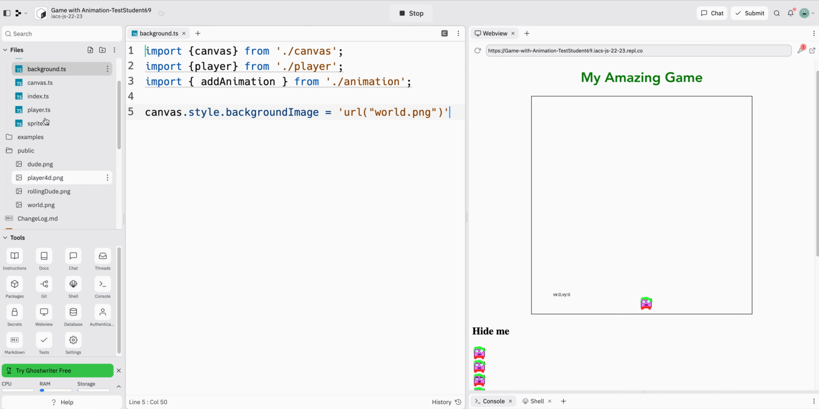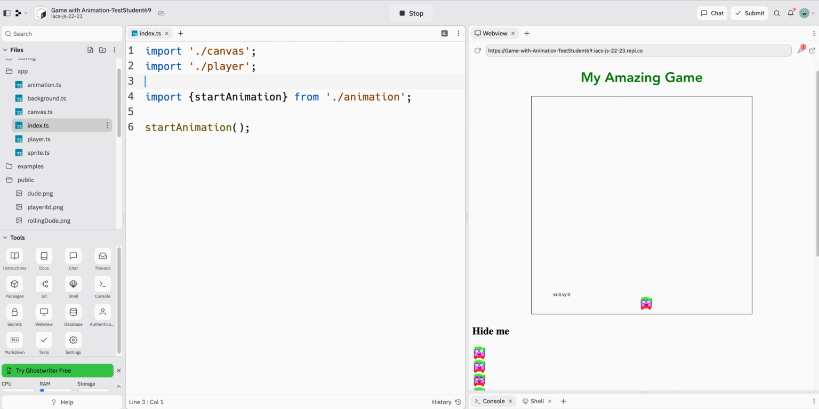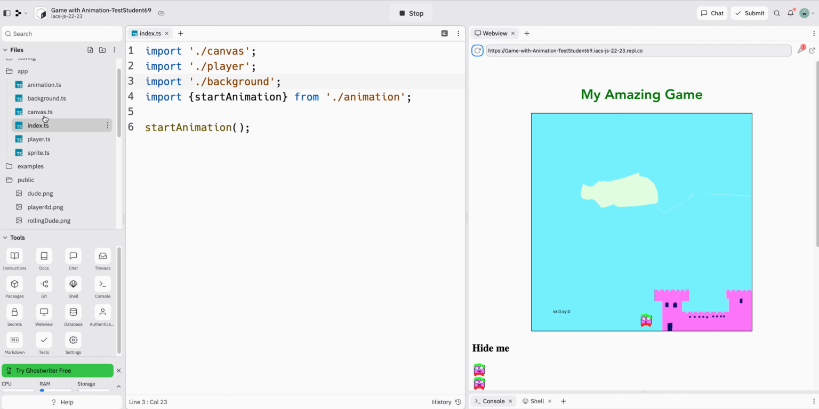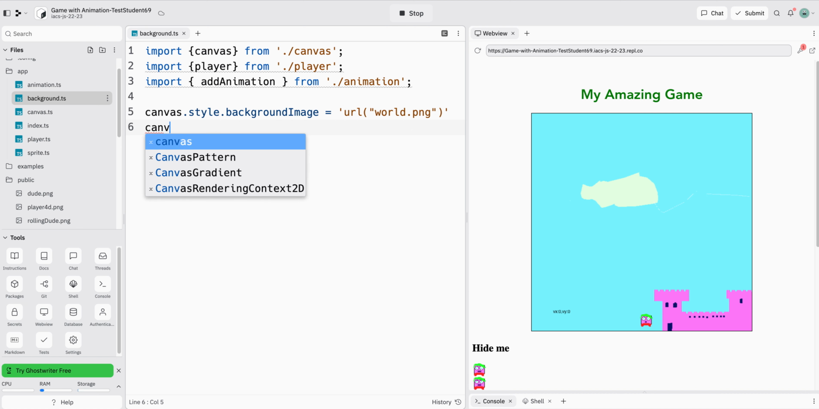Now nothing is happening. I'm not importing this yet, so I got to go over to my index file and import my background. And at this point, I should get, there's my background. Beautiful. And the basic way I'm going to move the background is using canvas.style.background